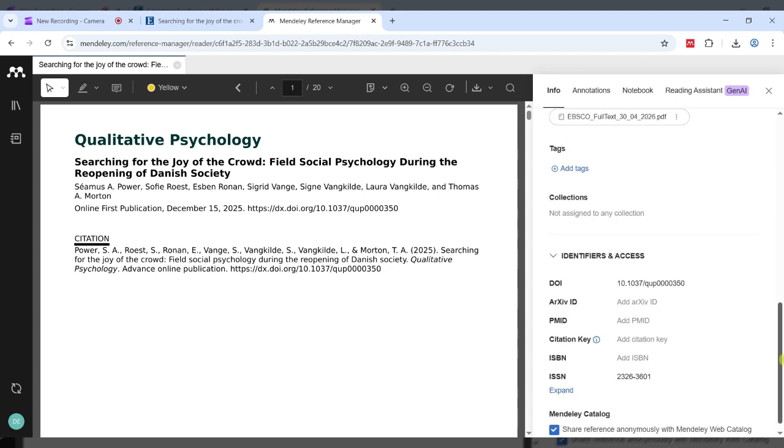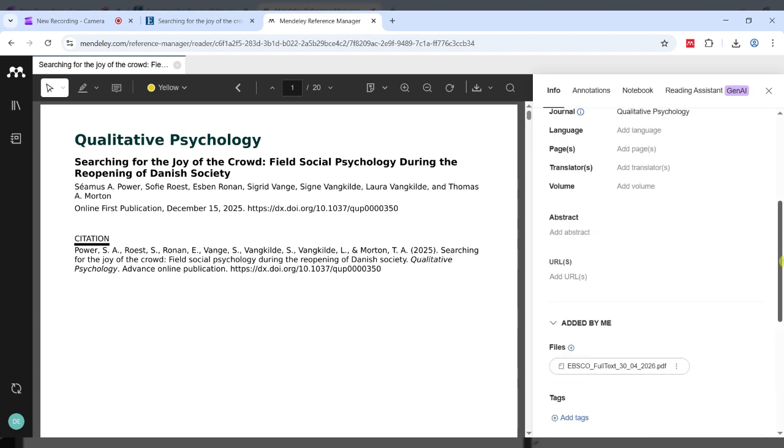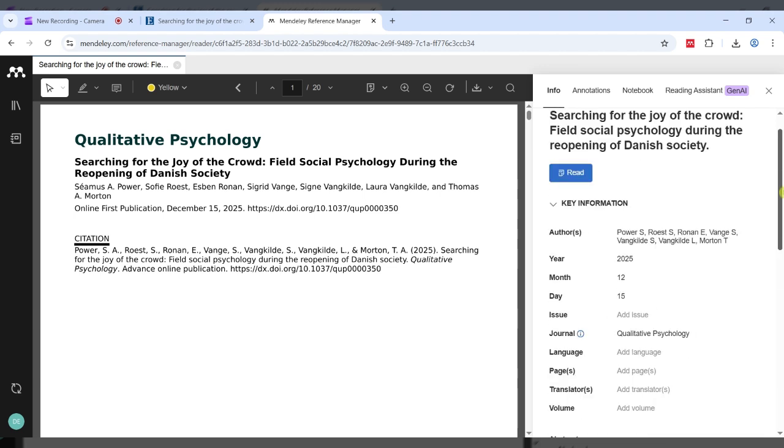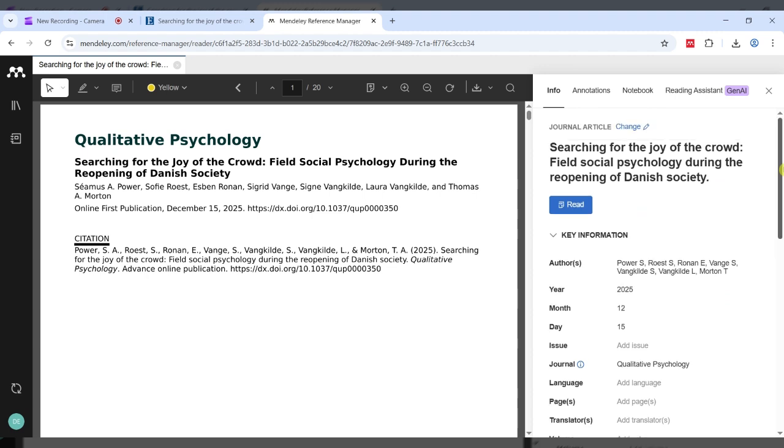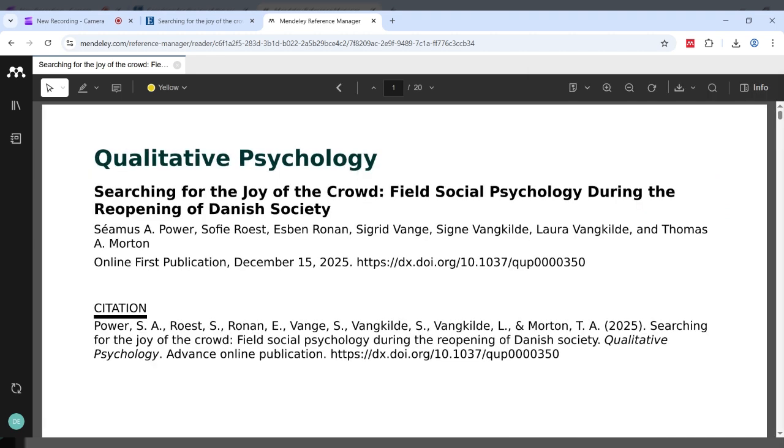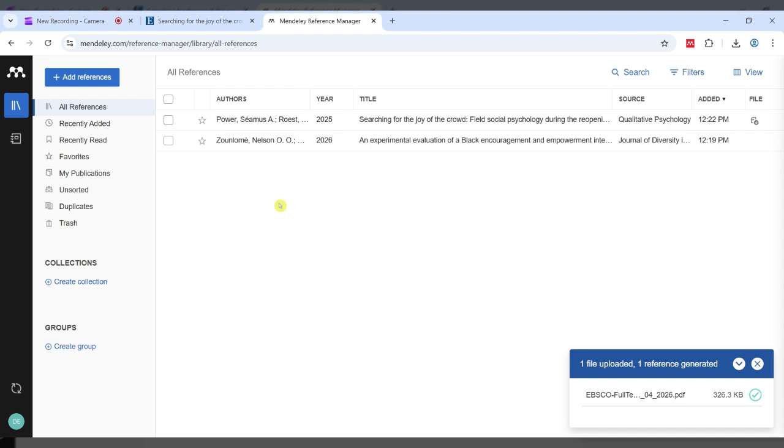And that's a very important point about Mendeley. If you're working on a Word document and you see an issue with a reference that's been created by Mendeley, you always have to come back to this Mendeley library to make the changes, and then it'll automatically update back in your Word document. But we'll look at that in a separate video. So for now, it's gone in there. That's worked fine. And you have your PDF. If you want to X out of it then, just close that tab and go back to your library.